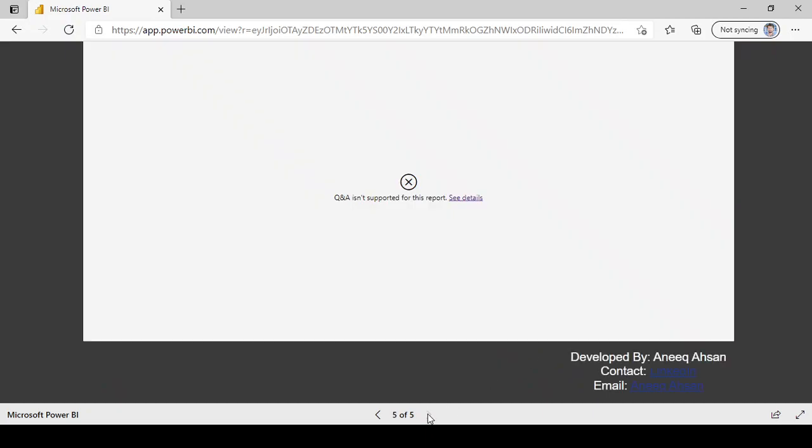In the fifth page you probably cannot see what it is since this is a web app. But I have uploaded a PBIX file on GitHub as well, so you can see there what this is. This basically says Q&A. It is a feature of Power BI that we can use to analyze